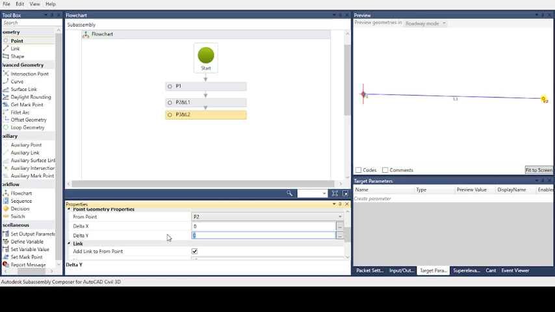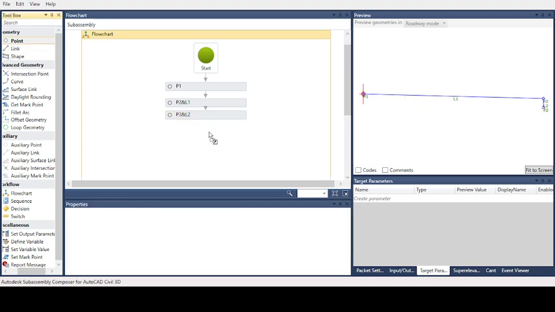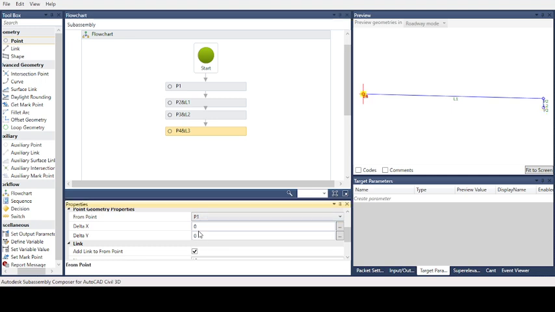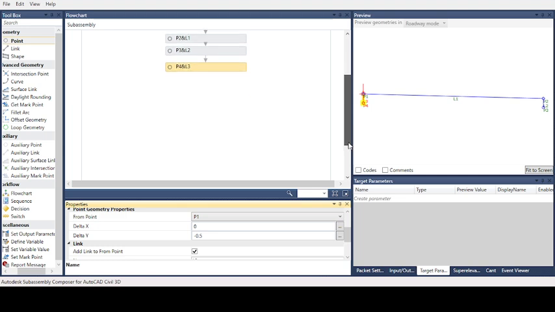We don't know, so we will give any number, for example 0.5. It is downward, and we will also create point 4. Point 4 starts relative to point 3, and the delta y is also 0.5, so they will be connected by the link.